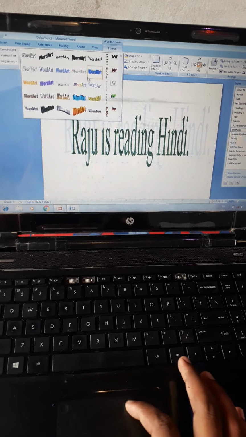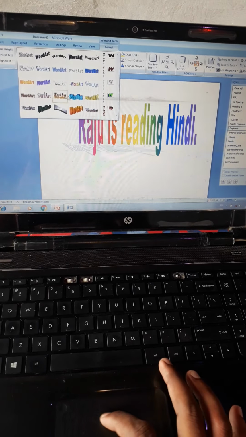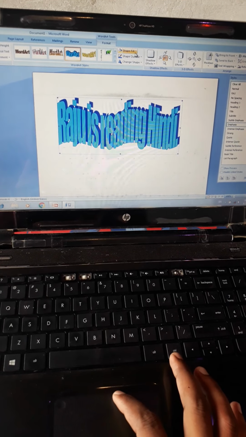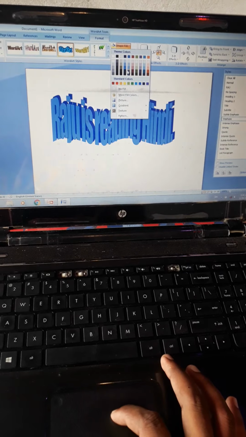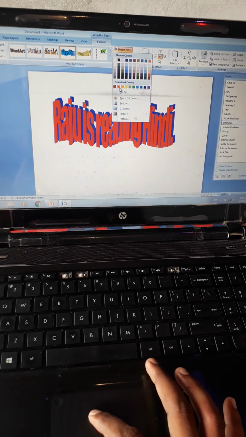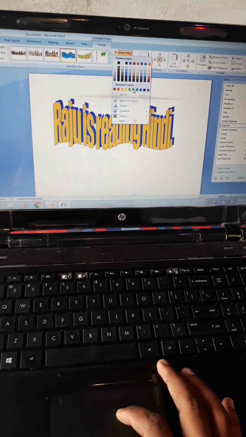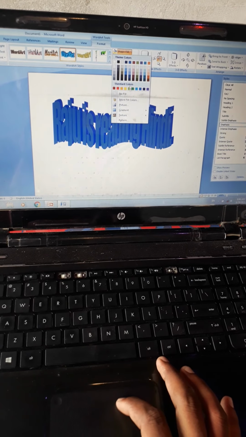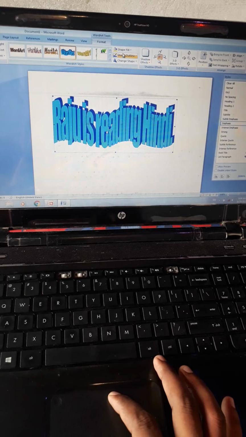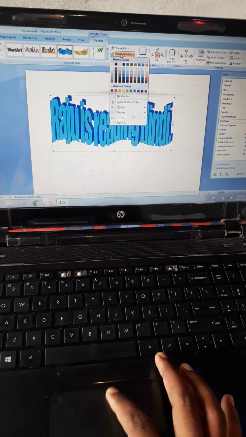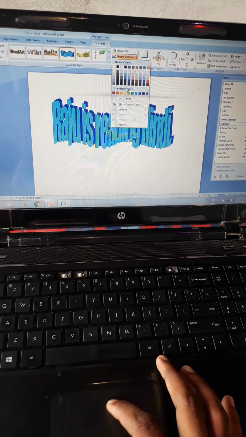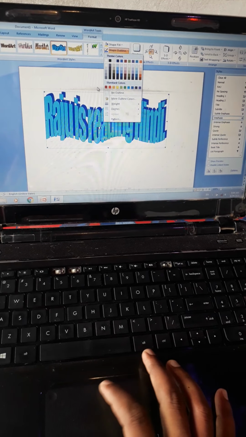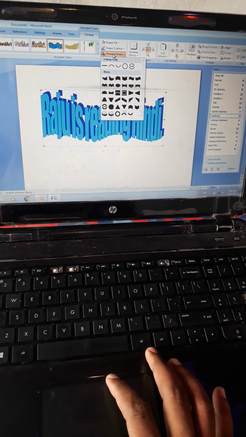So this activity, if it is possible, then do all these activities at your homes. Okay, you can also fill the colors of the shape. You can see the changes. But if you want to apply no color, then you can click on the no color option. See, and also next has given shape outline. You can select also outline. You can see the changes on the computer screen. It's better if it is possible, then do all these activities at your home.